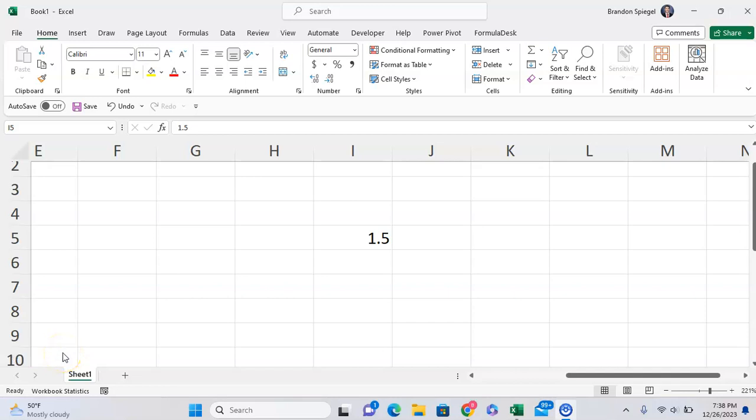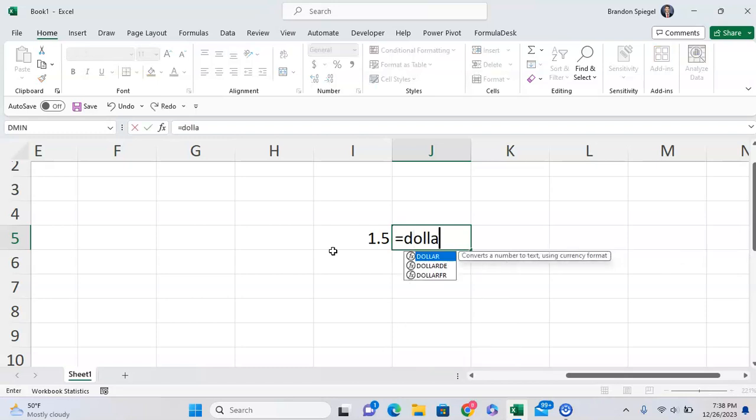In this tutorial, I just want to talk about the dollar function in Excel. The dollar function converts a number into text using currency format, and the currency format is just whatever default you have on your computer. So we have the number 1.5, and to use the dollar function to have this be text in currency format,